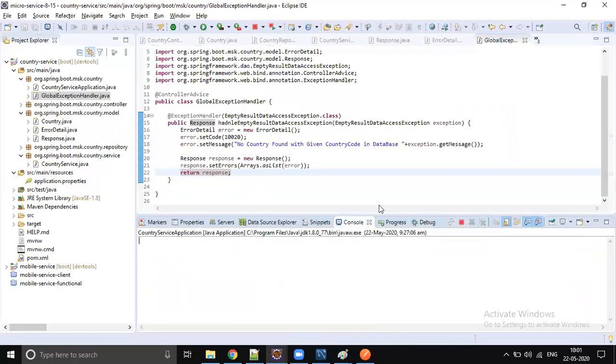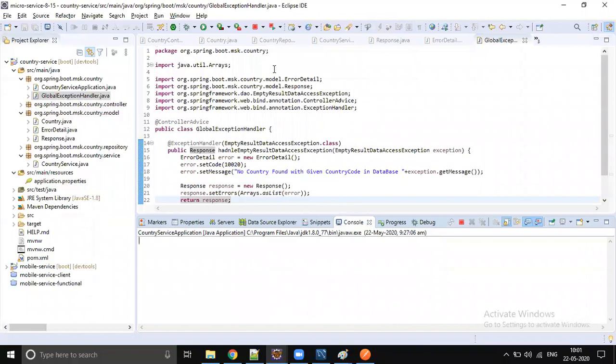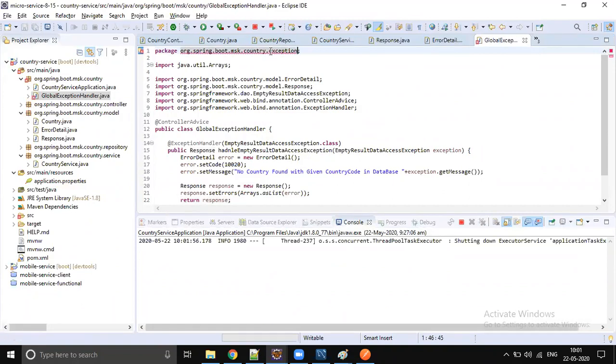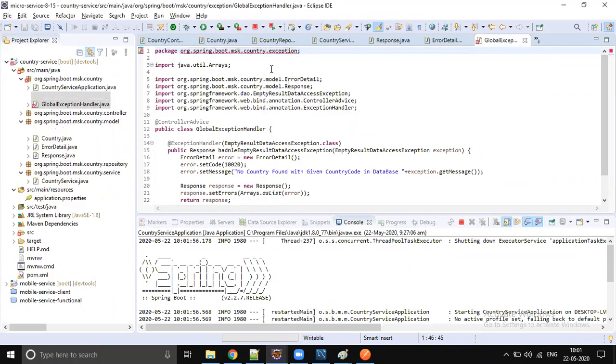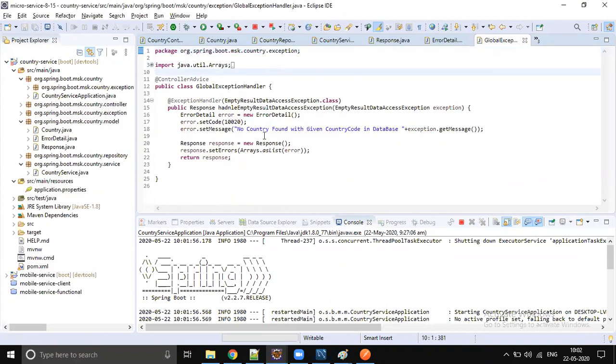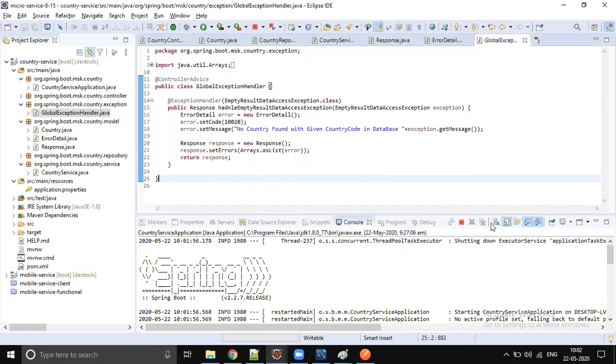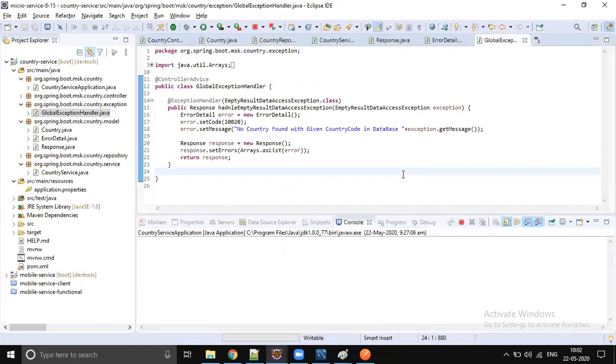I did some mistake. You are not highlighting that. Okay, I did some mistake. So what is that, right? I thought you would have identified that. So let's move this into not the package. Still there is one more mistake, right? I thought you would be identifying that. Okay, fine. I will test that and I will show you what is the mistake happening, right?